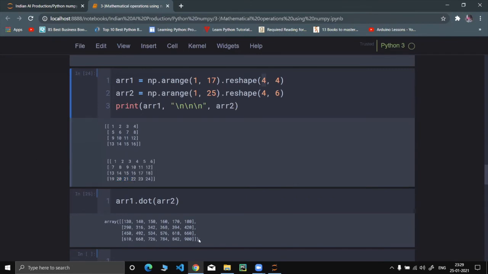But after the matrix multiplication, we can see that it has 4 rows, which is equal to total number of rows in first array, and 6 columns. Sorry guys, I confused. Yeah, okay. So the shape of the obtained matrix after matrix multiplication is the total number of rows in first array, comma, the total number of columns in the second array. So this is how we'll get the shape.